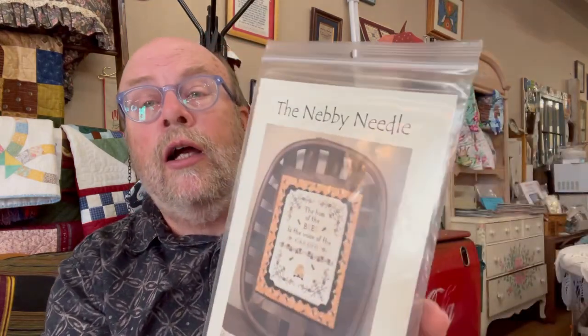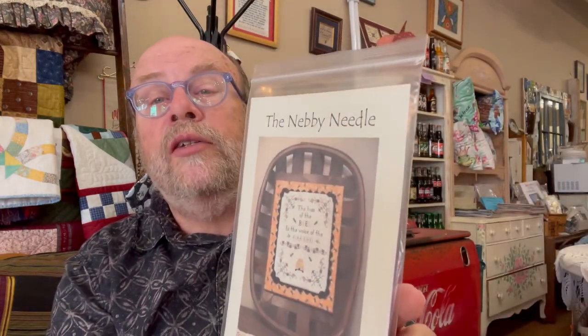Nebby Needle, I really focused in on my bee fetish for this one. There's one called Pollinator's Garden. Nice play on words. And then Voice of the Garden. It's got a beehive and some bees in it. You know, when you see these, sometimes you might be interested in just one motif rather than the whole piece, and that's always possible. Annie Bees,